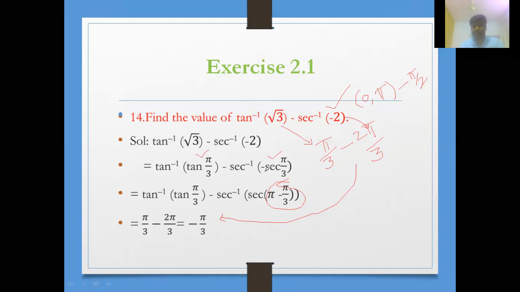Before taking negative angle or before taking any angle, you have to recall its range, whether that resultant angle lies in its range or not. Accordingly it will change. That is very important. That's why I told you to remember domains and ranges of different inverse trigonometry functions. Clear? Hope you've understood this problem. Okay, let us go for the next problem in this.